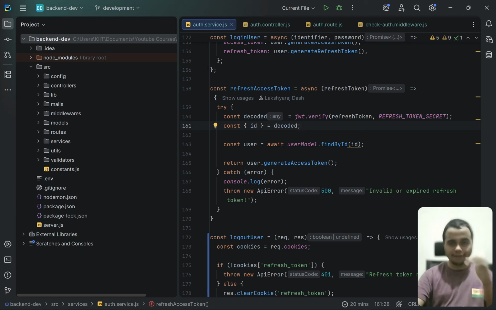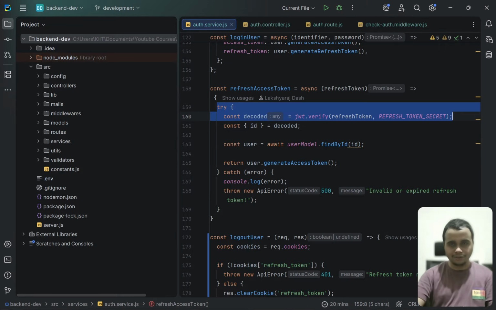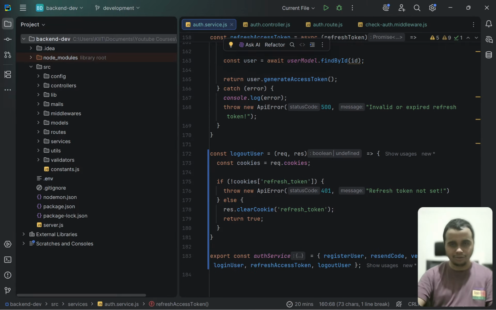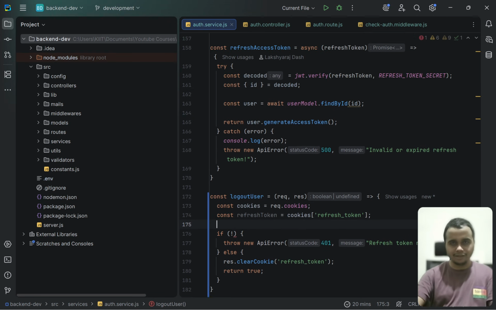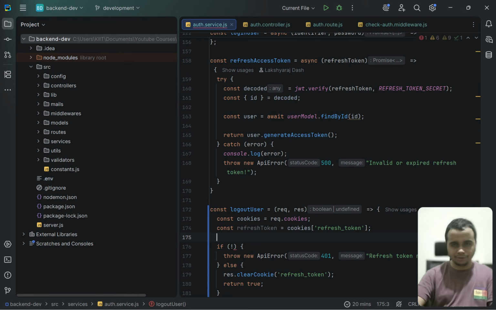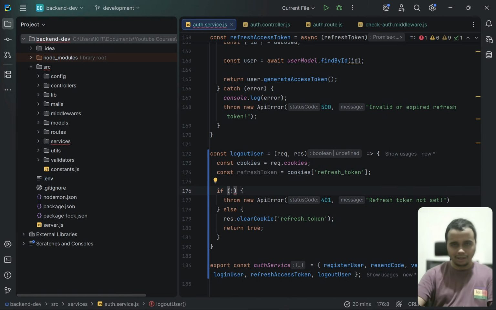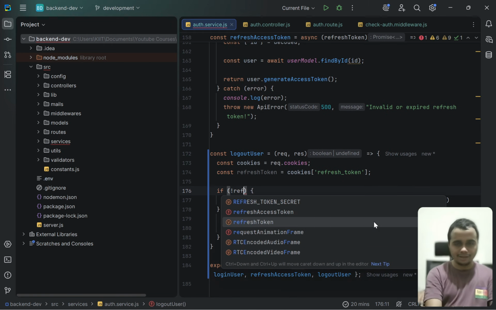Now, actually, what I want is I should also be verifying the refresh token. Should I? So let us just also verify the refresh token. Let me just write here that first, refresh token is equal to this. Okay, and here I will say that